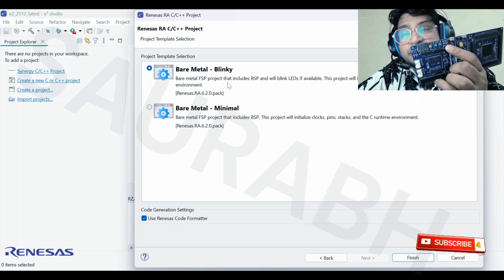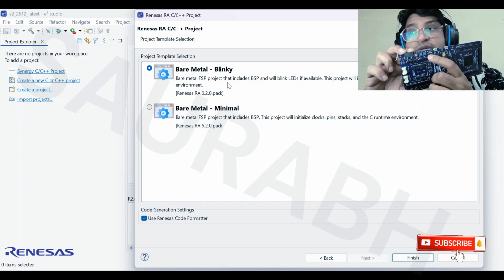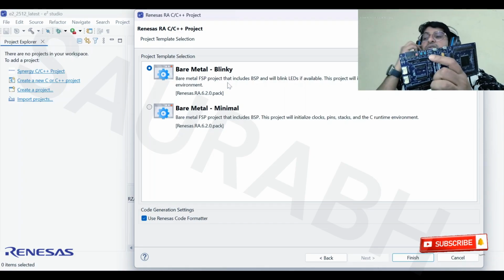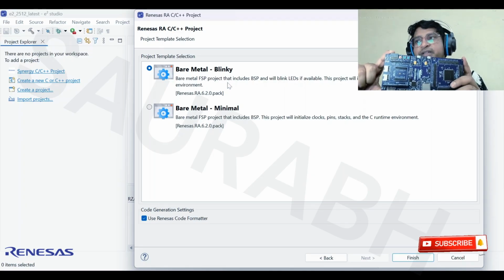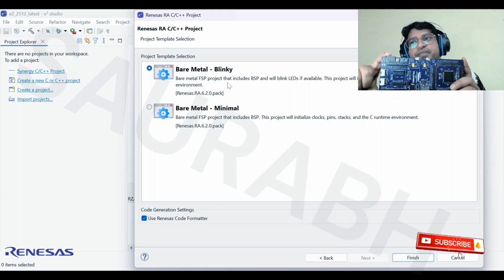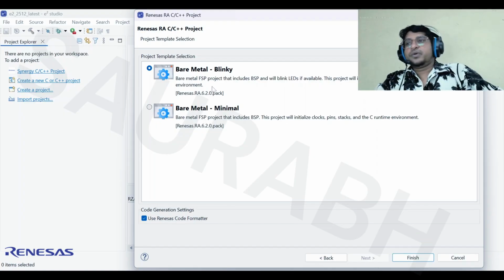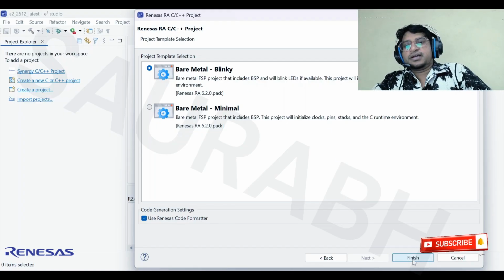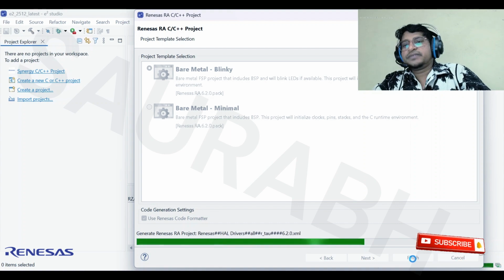In the next video, the bare metal video, I will show you the pin ports, the pin positions, and how we can select them. Today in this video, we are only going to flash it and see it, and it will help to check the setup installed in our system. The main objective of this exercise is to set up the whole system and also verify the hardware. Okay, so after Blinky, let us click on finish. It may take time, depending upon your system.